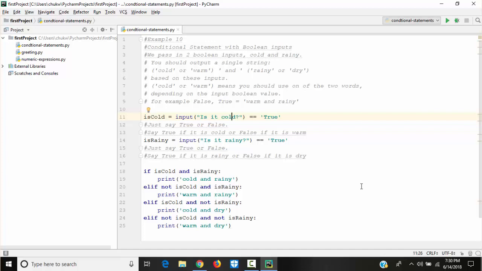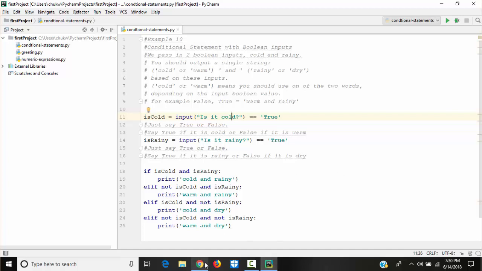In this video that deals with application, we shall be using our knowledge of numeric expressions, string expressions, and conditional statements to do this application.